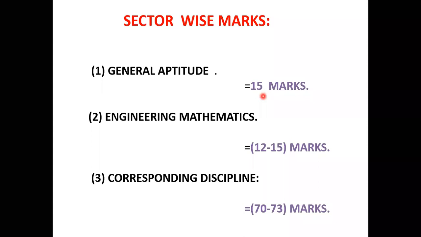Definitely I can assure that if you are so strong in only aptitude, you will get more than 10 marks. Similarly, if you are so strong in mathematics, you will get more than 10 marks. Already I told you that generally the qualified marks for a general candidate is around 27 to 30 marks. So from these two subjects only, when you get 20 marks, how easy is it to get the remaining marks for getting qualified marks?